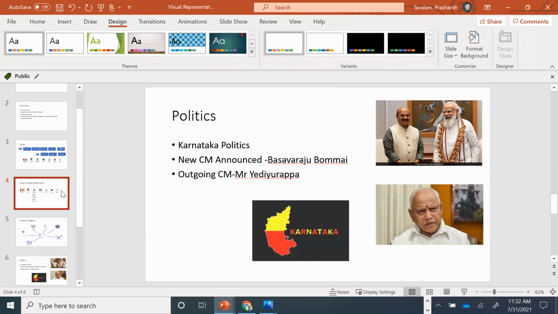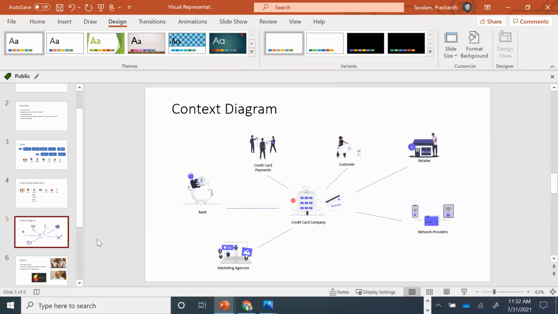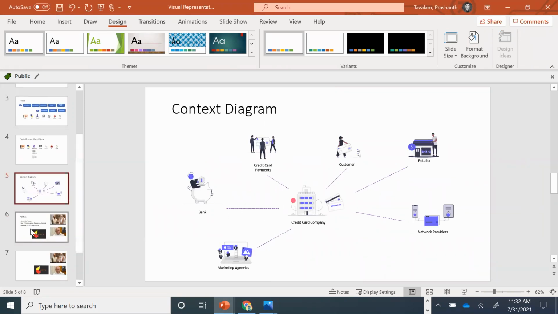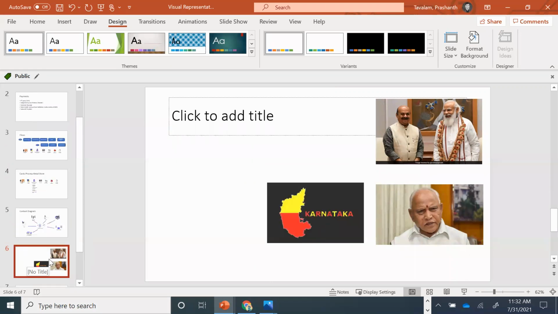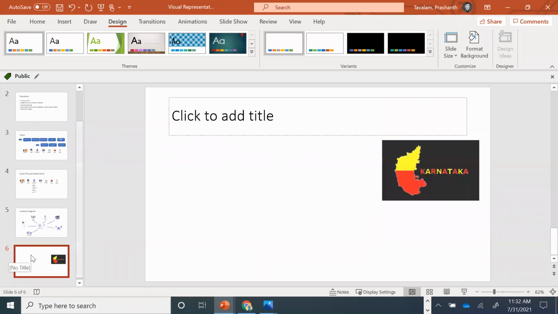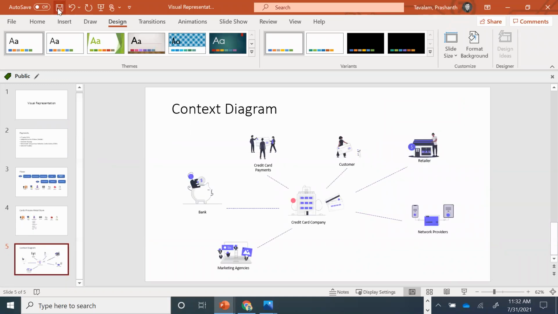Okay, so one thing is we looked at how to use icons to create this. We looked at a context diagram to create this kind of visual diagram. And whenever you create PPTs, use the design feature, and use high resolution images from, let's say, Pixabay or any other free high resolution image websites when you want to convey some information. All right, so I'm going to delete this. I'm not really comfortable with politics. So this is the first half of it, and then I covered the presentation skills part of it.